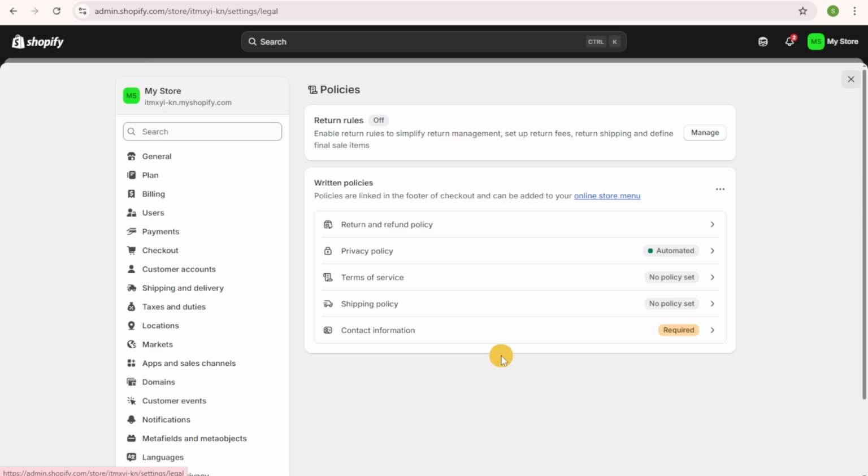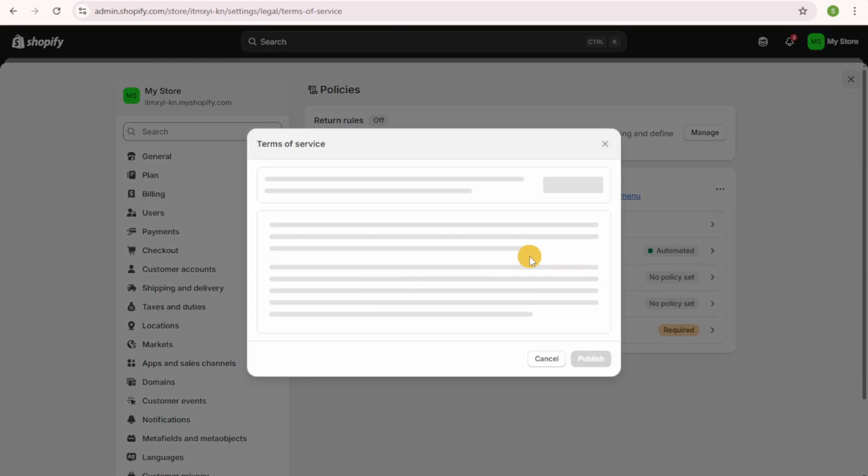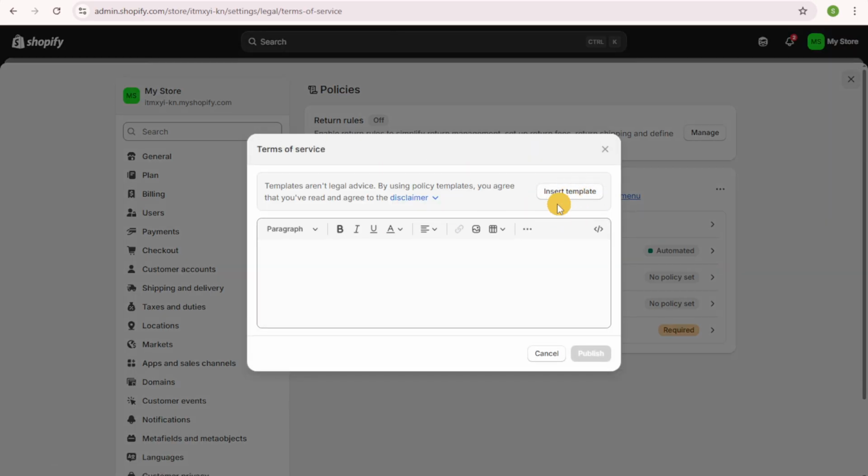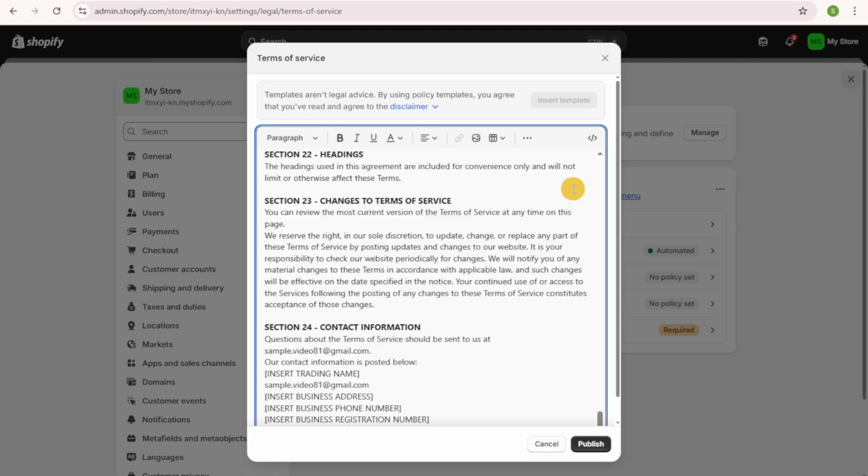So in order for you to manage or find that, you're going to click on any of these that you want to set. So for example, we want to set the terms of service. So after that, we're going to click on insert template. They already have a template available right here, but you can also create your own if you want. But for this one, we can just simply click on insert template, and that way it will auto generate